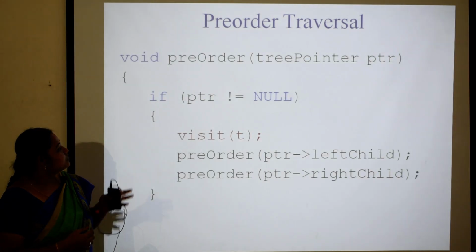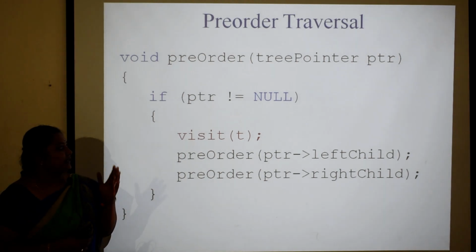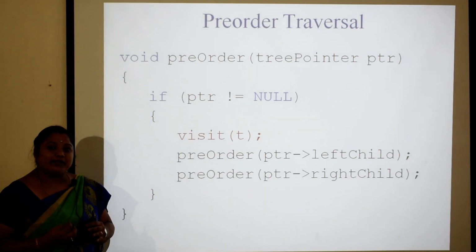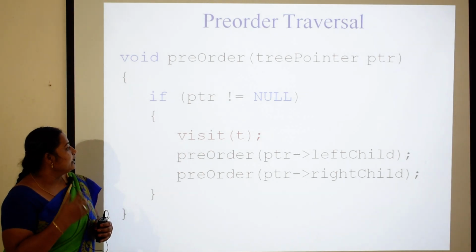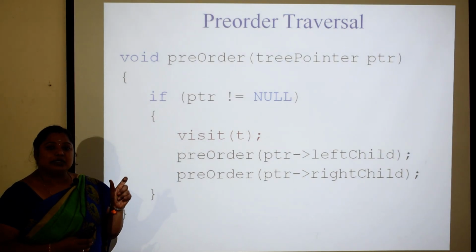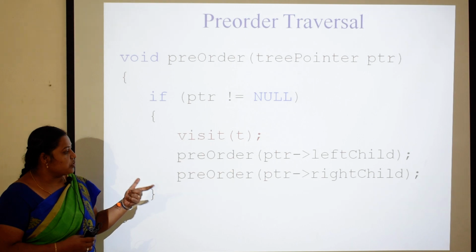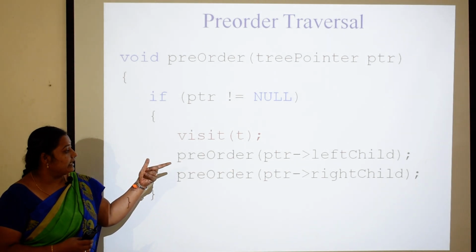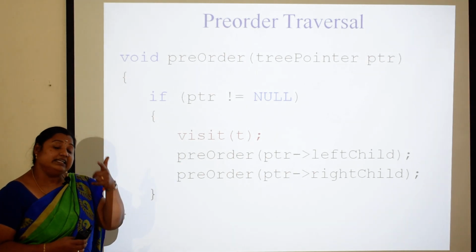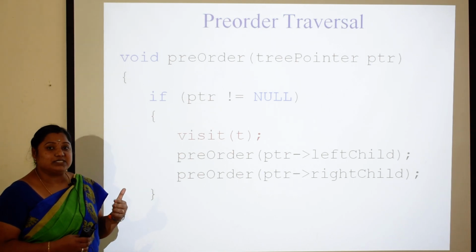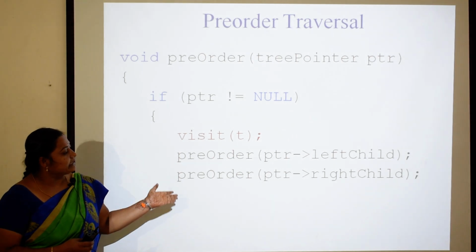This is the algorithm for pre-order traversal. We have to give an input of a tree. Then we use the pointer, which should not be null, that is, the tree has at least one element in it. Then we print the visit node, which is nothing but the root node. Then it goes to the left child of the root, then it goes to the right child. When it goes to the pre-order function of the left child, it travels up to the leaf-most left child, then it comes to the right child.